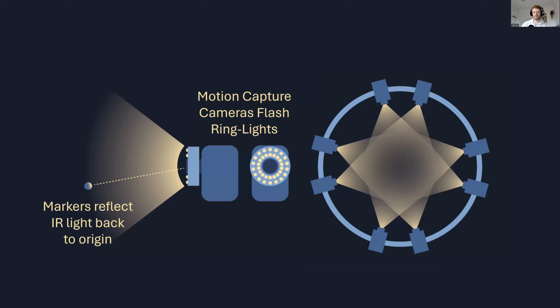Then the cameras see the light bouncing back, taking the marker positions, and by pairing between all 8 of our cameras, we could provide a really wide coverage with high resolution. And the resolution here is very fantastic for this kind of work. We can get down to about 1/4 of a millimeter in positional space for each of these markers, and that gives us an error on the orientation of the animal of about 5 degrees. So we can see the position really accurately, and we can tell where they're tilted.